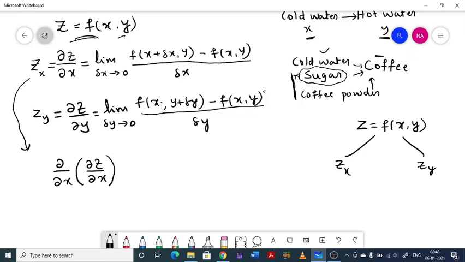There is not much difference between partial derivatives and ordinary derivatives. The only thing is, in the case of ordinary derivatives, you have only one independent variable, so you differentiate directly. In the case of partial derivatives, you have more than one independent variable. You have to differentiate with respect to one independent variable at a time and keep all other independent variables as